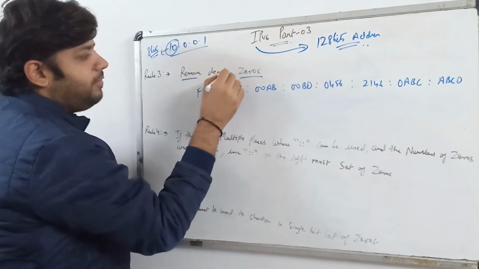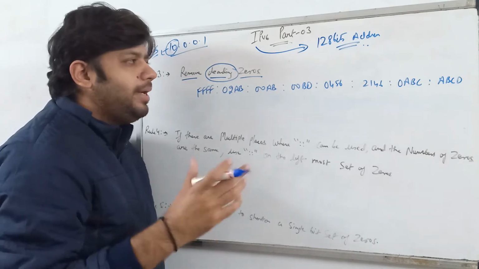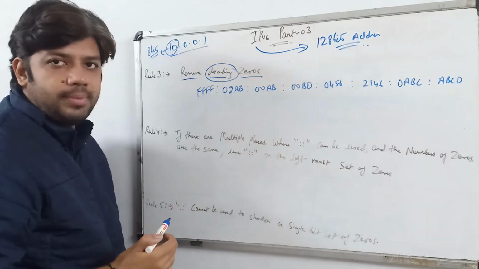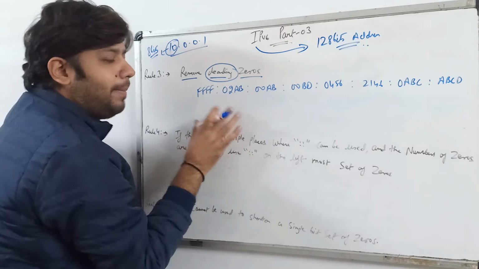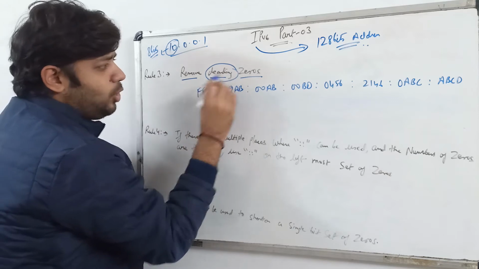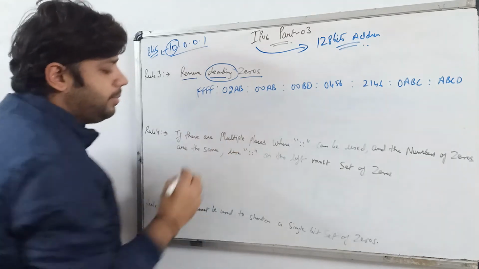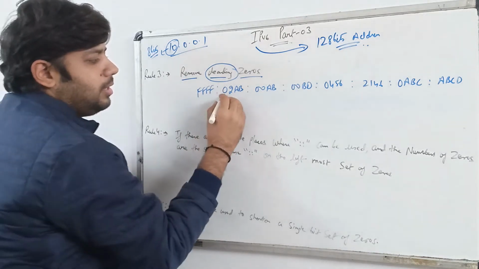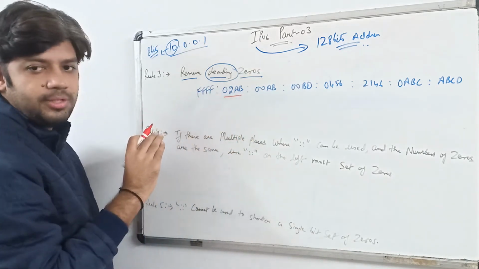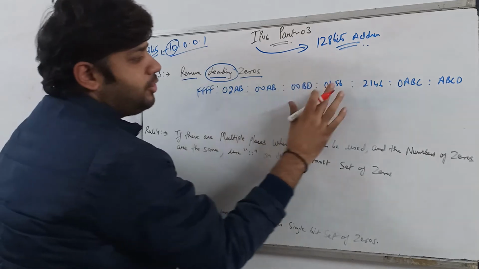Now, what is the meaning of leading zeros? Leading zeros means that if you want to abbreviate, or shorten, this kind of IPv6 address, how can we go about that? Leading zero means removing the zero. Imagine this is my number. If your zeros start on the left side, you can remove those zeros.